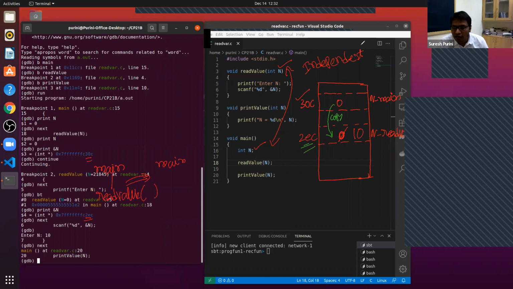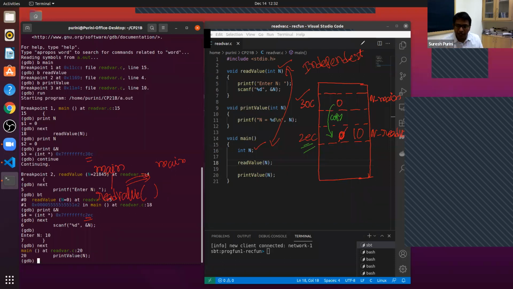The function is no longer active. So the memory allocated to read value function is released. Are you all with me here? The initial value is copied from 30C to 2EC. That's true.